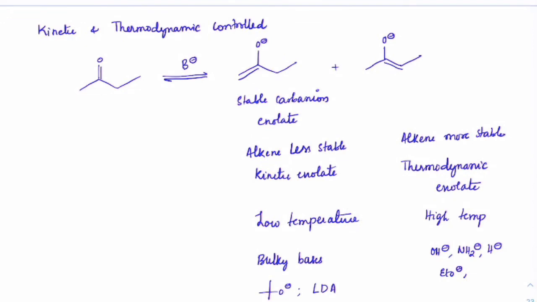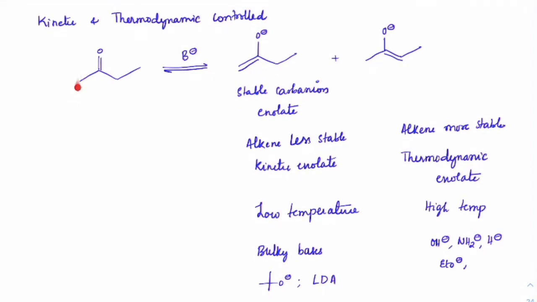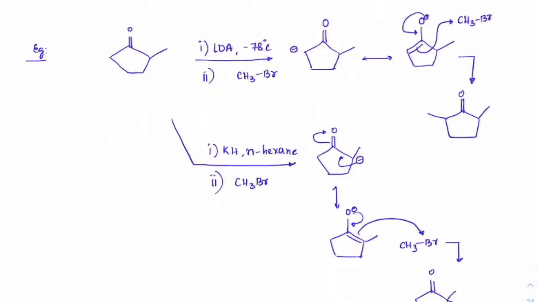At the same time, we also discussed how thermodynamically and kinetically controlled enolates are formed. If an enolate is formed from a less substituted carbon, which gives a carbanion, that is the kinetic enolate. And if the double bond of that enolate is becoming more stable, that is the thermodynamic enolate. Normally, smaller anions or stronger bases, which are small in size, would go for thermodynamic enolates. Bulky bases like LDA or tert-butoxide will usually make kinetic enolates. Based on that, we did a few questions,